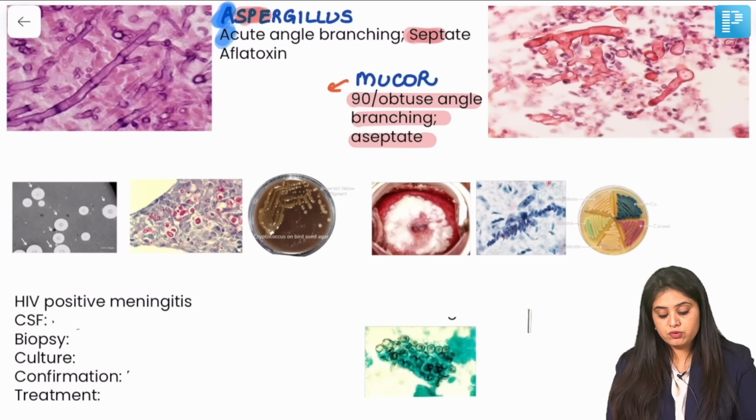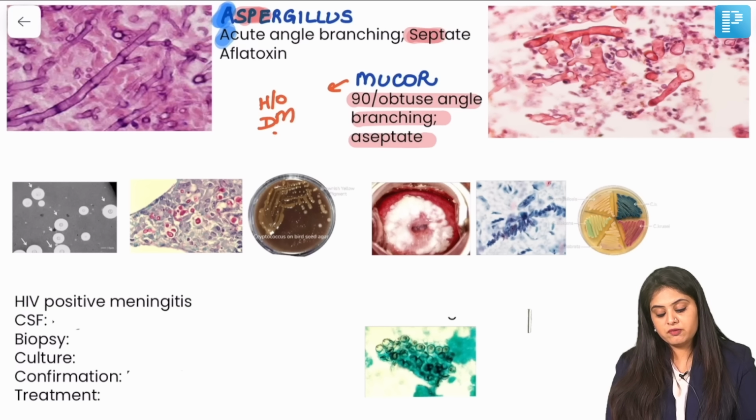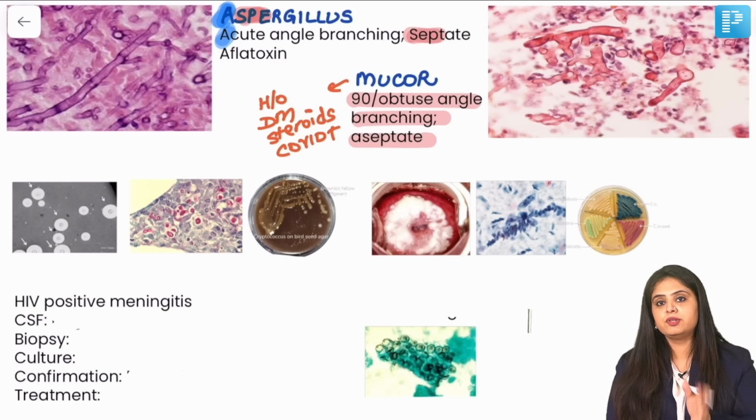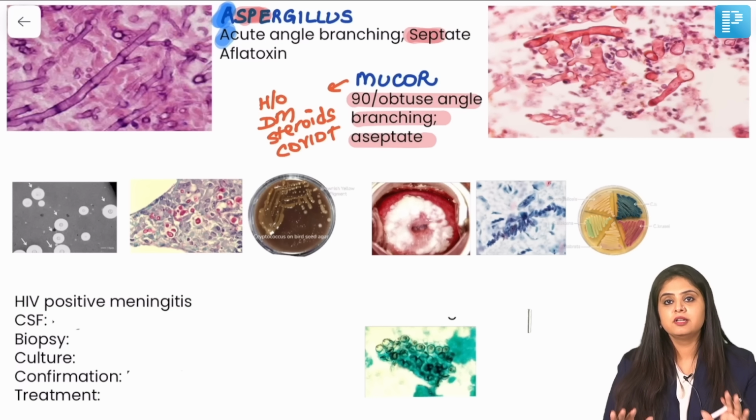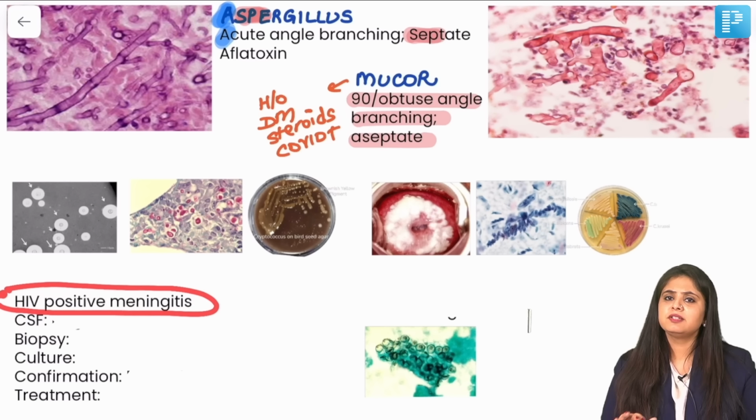And please remember, usually with mucor, they give me some history where the immunity has gone down. Could be a patient of diabetes, could be a patient who's been kept on steroids, could be a patient who's COVID positive and then put on steroids, so some place where immunity goes down and they try to shift me towards mucor. Coming to the next, when they say HIV positive patient with meningitis,